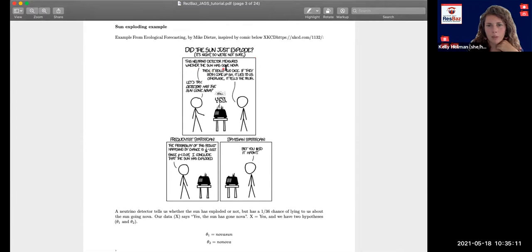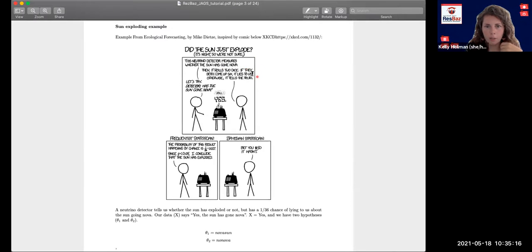And so we have this neutrino detector that measures whether the sun has gone nova. Then it rolls 2 dice. If they both come up as 6, it lies to us. Otherwise, it tells us the truth. So let's try. Detector, has the sun gone nova? So it rolls its dice. It says yes. So the frequentist statistician says the probability that the result is happening by chance is 1/36, which is equal to